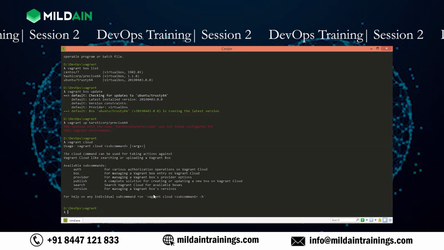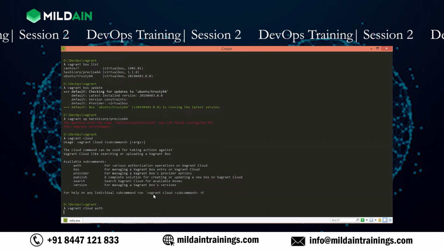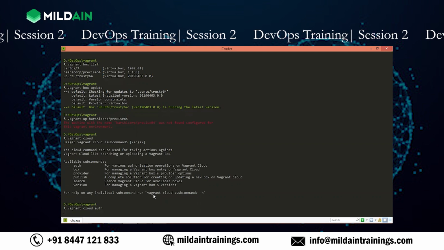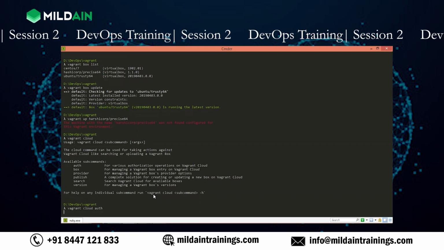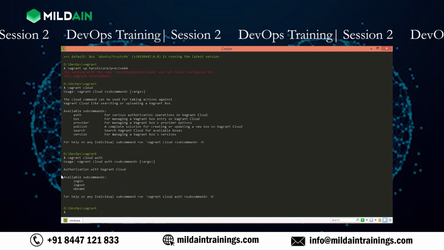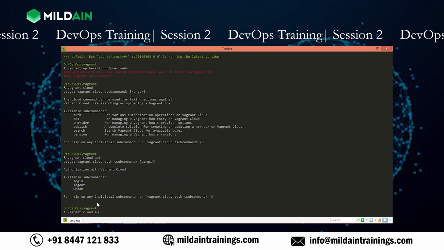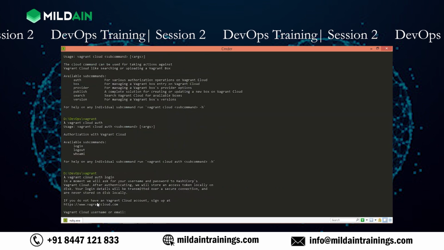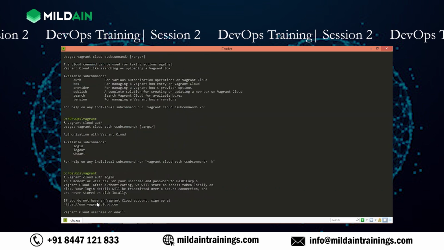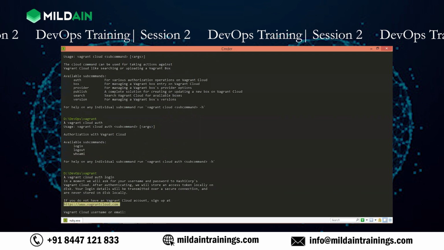Now if I say Vagrant cloud auth, it will ask me for the username. The subcommands of Vagrant cloud auth are login, logout, and whoami. So if I say Vagrant cloud auth login, it will ask me for the Vagrant Cloud user. Now for this, what we have to do? We have to go